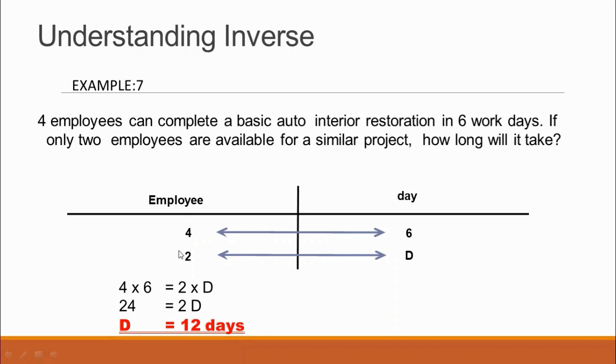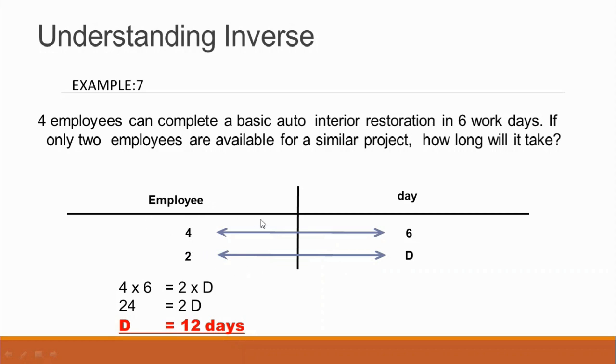So dear students, note that the employee quantity decreases. This is the inverse quantity, so when the employee quantity decreases, the day quantity will increase, and you will see this at the end of the result. Now the days: 6 days, and how many days is unknown. Since the first quantity decreases, the second quantity will increase.